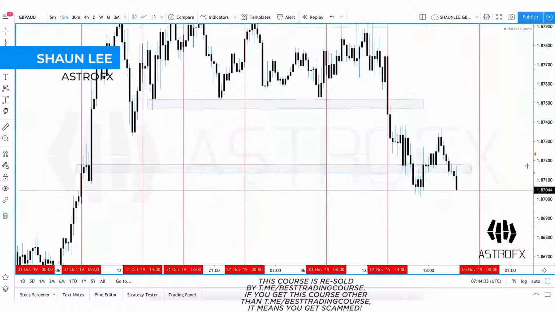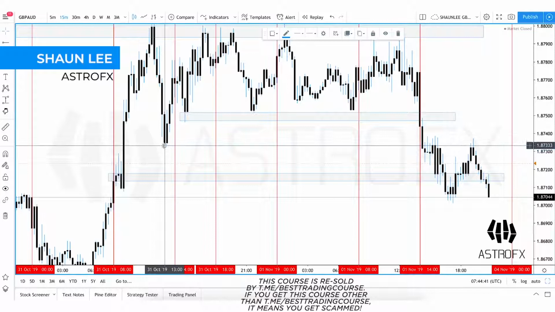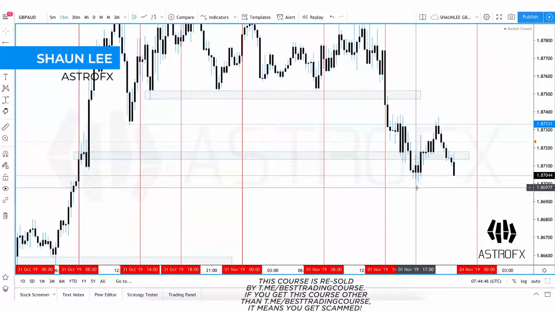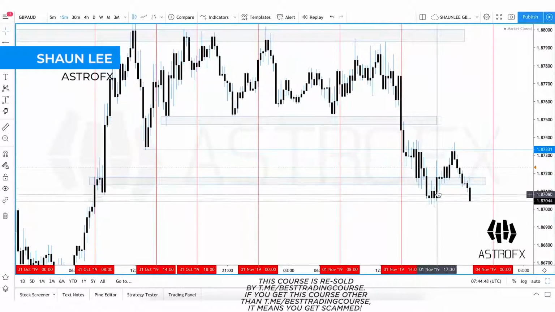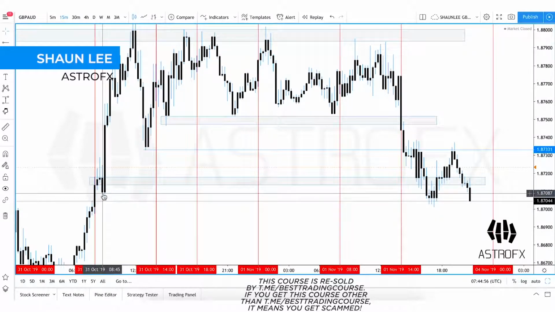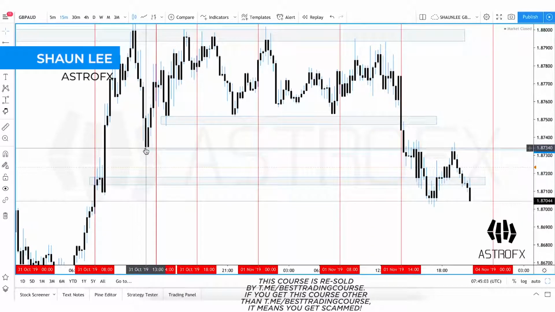What we can also see, okay, over here, the London, this is just a very simple, precise area. Sometimes I like to mix it up, put a horizontal ray, maybe at the bottom there. What we've done is the price has been dumped into that region. This was Friday, and it's come back up and it's just retesting that area. That's just a standard intraday support zone, because it's not the London low, because the London low is here next to the Asia low. I didn't map that out because it's just a bit congested,